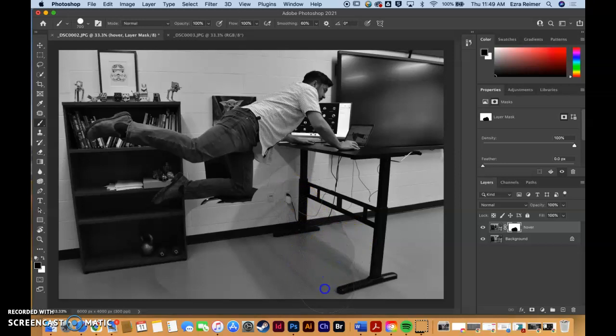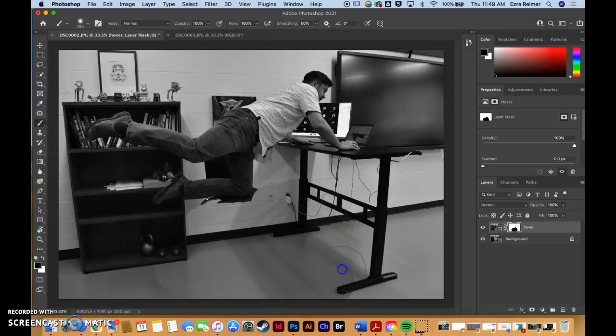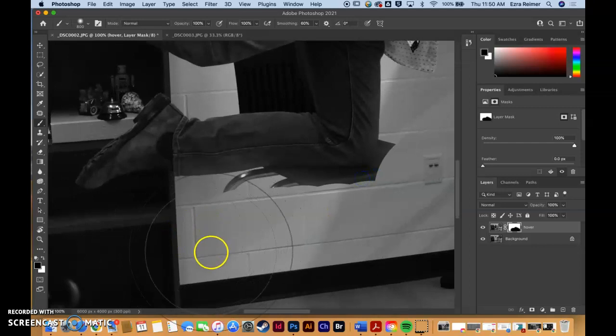You can see it's got a bit of a hard edge. So when I click on this little drop-down arrow for selection, if I go down to a hardness of about 10%, it makes the edge of that brush a little bit softer, a little bit better for blending. Especially if you make the brush really big, that transition space gets a lot more gradual, and you can really go in there. Remember to zoom in, it's spacebar command on the Macs. And I'm just going to blend those transitions a little bit to make them not as